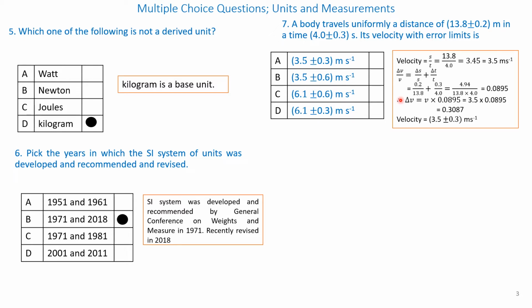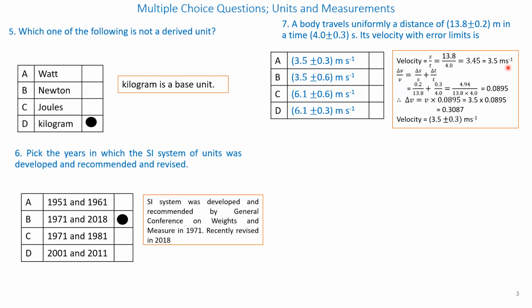Let us do it in an inset box. Inside box, velocity is equal to, we know, distance over time, that is S over T, and it is given distance as 13.8 meters and time is 4 seconds. So 13.8 divided by 4 is equal to, you use the calculator and find 3.45. The ratio is 3.45. Velocity is 3.45 meters per second. So rounding off to the single digit after decimal point, that is 3.5 meters